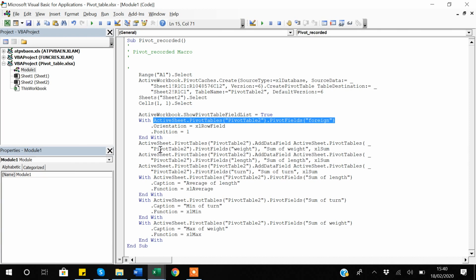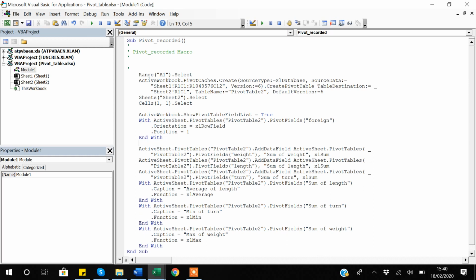every of these dot orientation dot position. And then what we are doing is that another thing now started, that within the active sheet pivot table 2, then we are adding the field into our pivot table, which is named as pivot table 2. The field which we are adding is the weight, and we are saying that label that field as a sum of weight. So you can even change that thing too. So suppose if I want to change it to